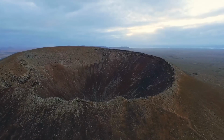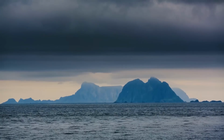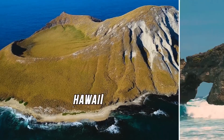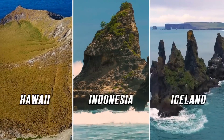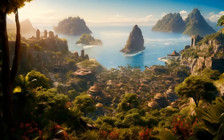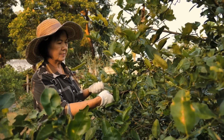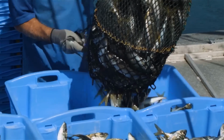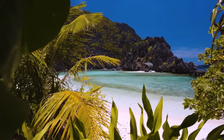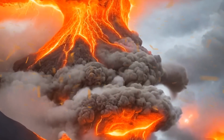There are hundreds of islands around the world that have appeared because of eruptions of underwater volcanoes. You can find them in Hawaii, Indonesia, and Iceland. Many of them are inhabited by people. They build villages and small towns there. The ground on such islands is fertile. Fruits and vegetables grow there. The water is filled with fish. Such places may seem like paradise, but at the same time, it's dangerous to live there because the volcano may